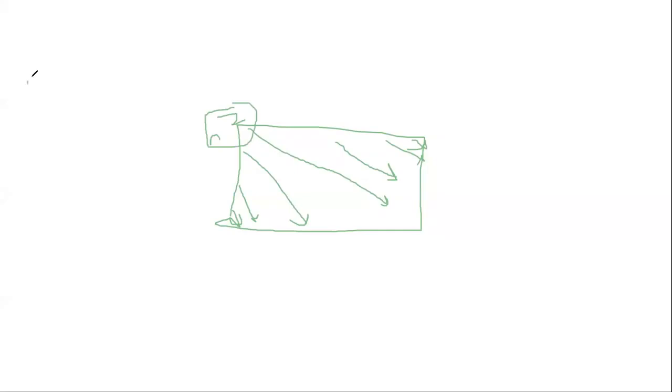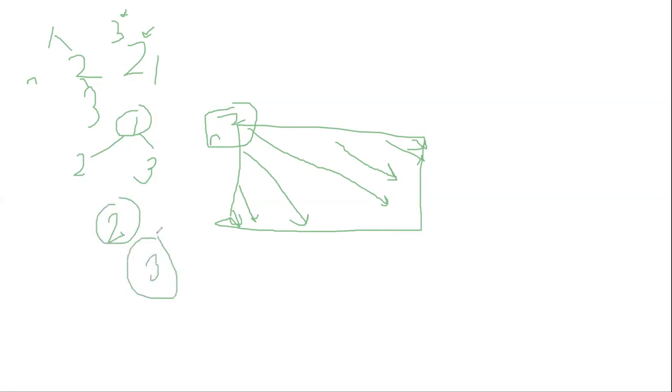It can also be done in n square log n. I'll show you how. Like I have a diagonal that is 3, 2, and 1. I go on 3 and I add 3 to my heap. Then I'll go to 2. I'll add 2 to my heap and then I'll call heapify. It will be like this. Then I'll go to 1. I'll add 1 and it will call heapify. It's like 1, 2, and 3. That's how my heap is going to be. So I'll get an output that's 1, then I'll get an output that's 2, and then an output that's 3. So I'm not iterating on 1, 2, 3 more than once.